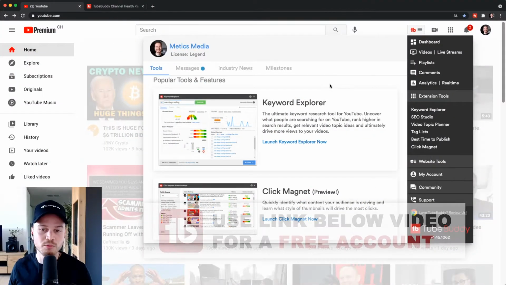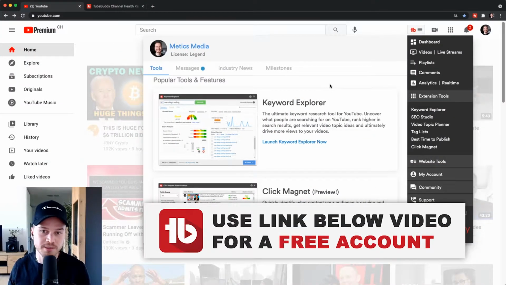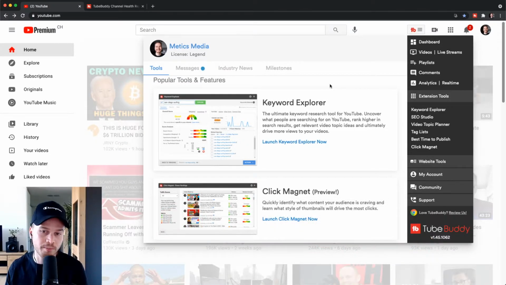Cool. So let's now move on to one of the most important steps and one of the most important tools of Tubebuddy, which is the Keyword Explorer. The Keyword Explorer is a tool that we can use to find topics that are trending and also find video keywords that people are actually searching for, so that we have a high chance of actually getting views on our